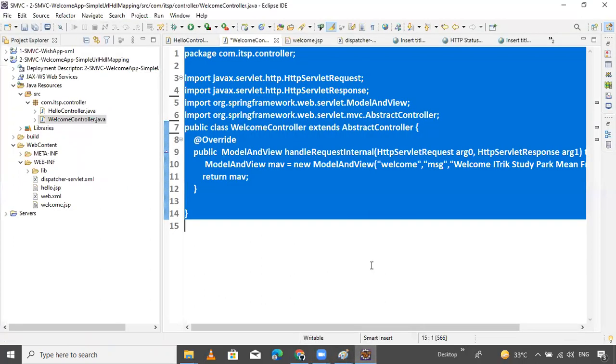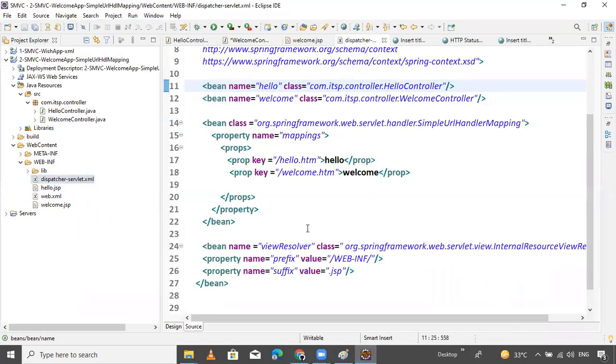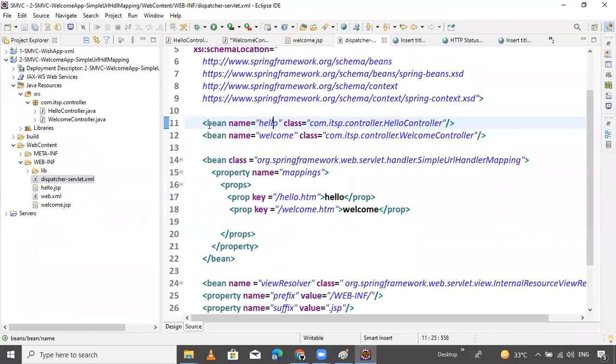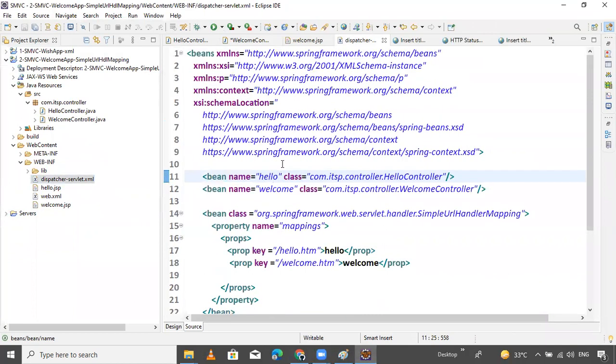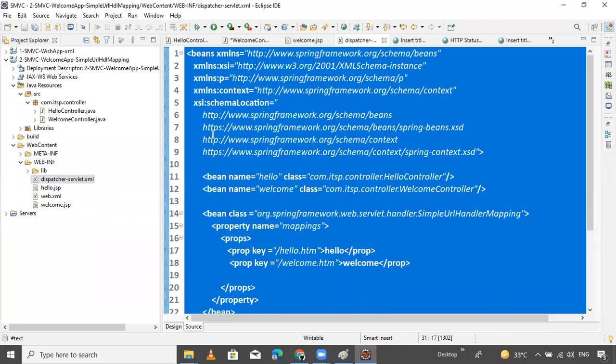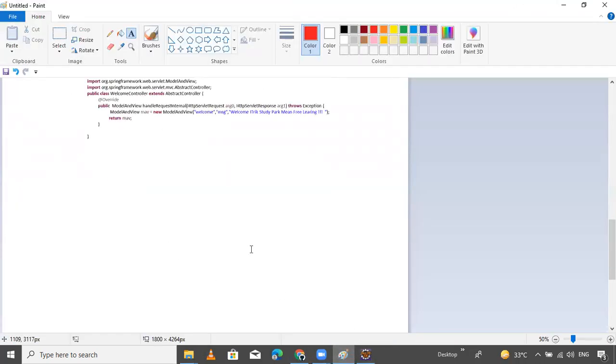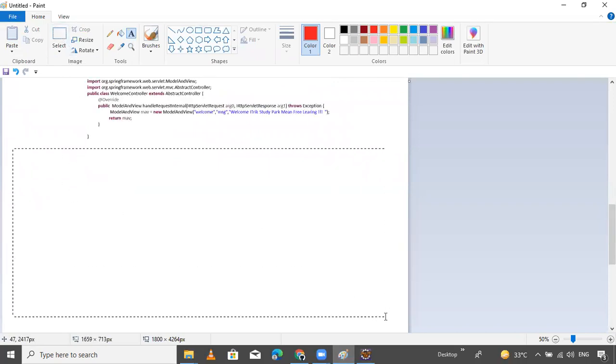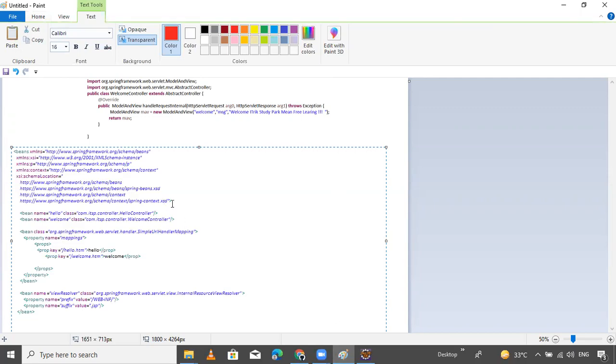Now next is this one, which is important. This file is important. From here to here is important. I want to Control C. I will remove the XSD, guys. Don't worry. Now paste it.